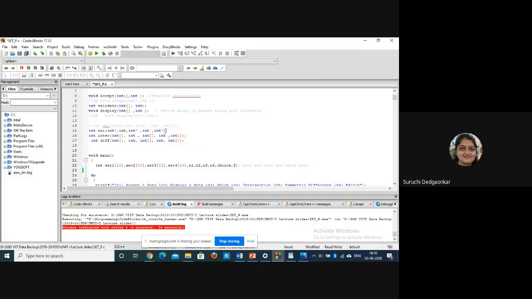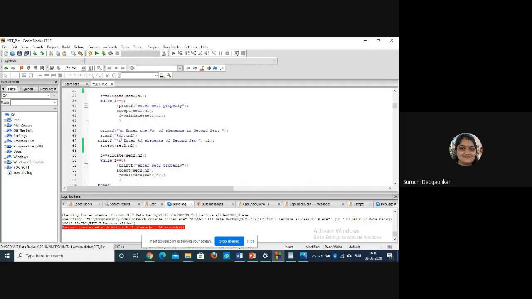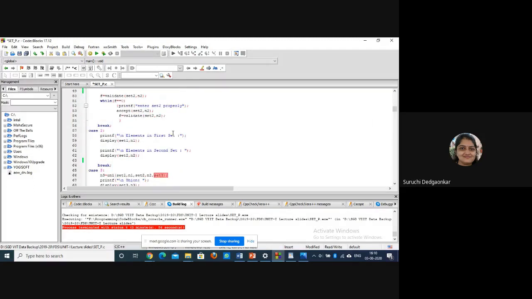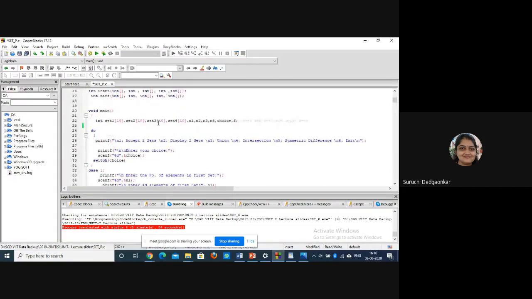Okay, so if this declaration is clear, we can call the function in the same way. This is actual calling where we are passing the parameters, actual over set1, n1, set2, n2, and this is for storing the set3. See, initially set3 is not having any element, it is just declared.